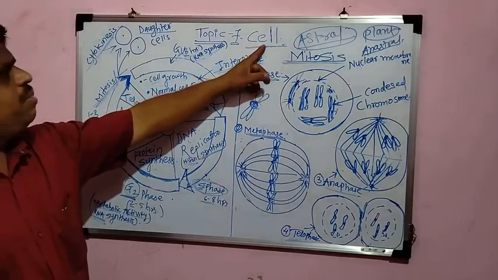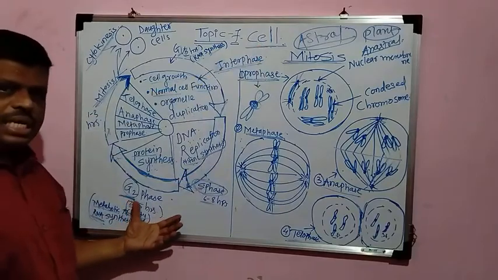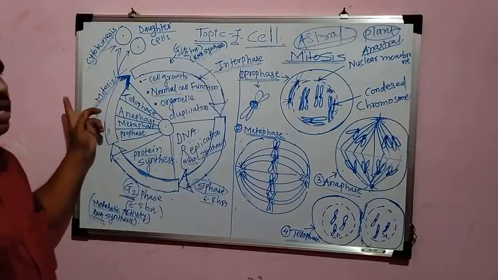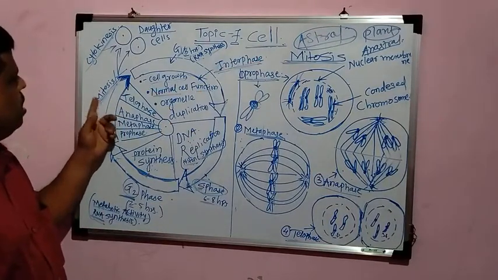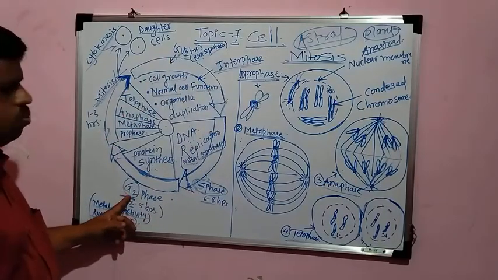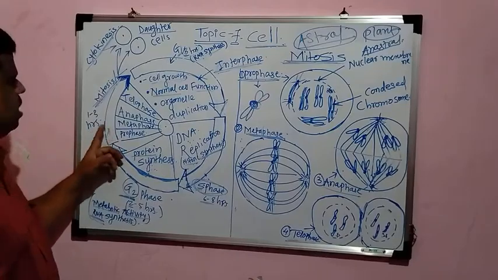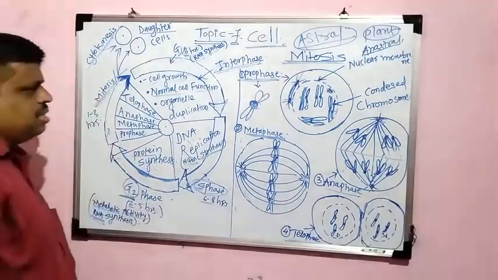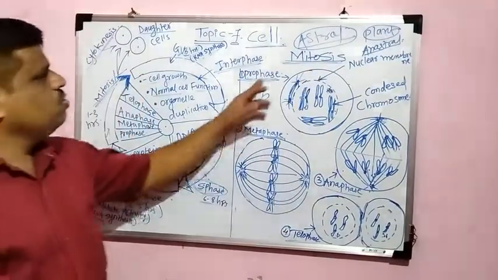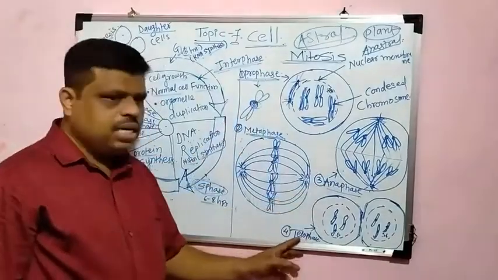What is a cell? A cell is the basic structural and functional unit of life. Then we have studied the cell cycle, including the interphase and the actual division, that is mitotic cell division or meiotic cell division. Interphase is divided into G1, S and G2 phase, and then the actual mitotic cell division, that is karyokinesis followed by cytokinesis. Then we have studied the subphases of karyokinesis, that is prophase, metaphase, anaphase and telophase, followed by